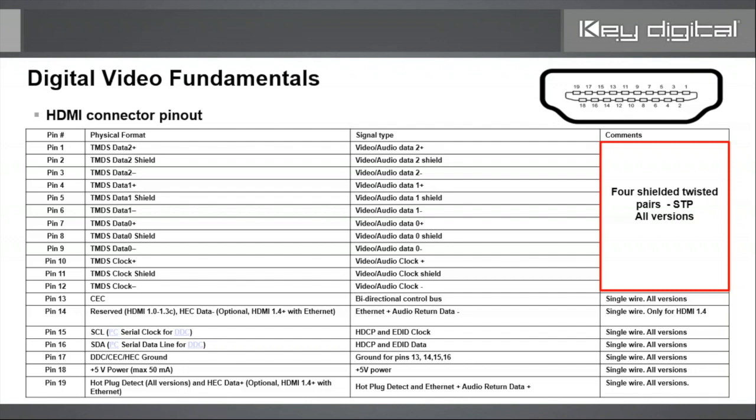Inside of your HDMI cable, a bulk of the 19 pins is carried over 4 shielded twisted pairs. 4 shielded twisted pairs. Sounds pretty familiar, doesn't it? So if I take this HDMI cable that I've cut off the head, Key Digital HDMI, there are additional wires, but here we see 4 individually shielded twisted pairs. So similar to like a Cat 7 or even some Cat 6A may have individually foil shielded pairs,